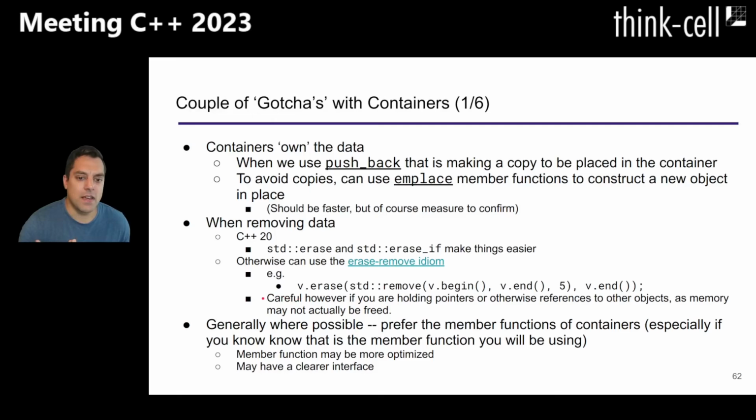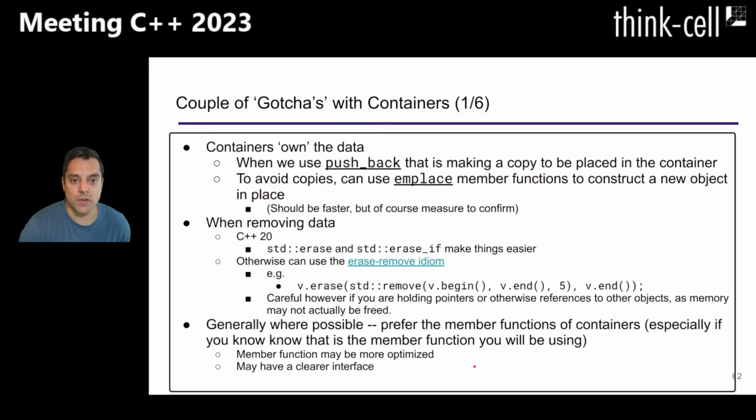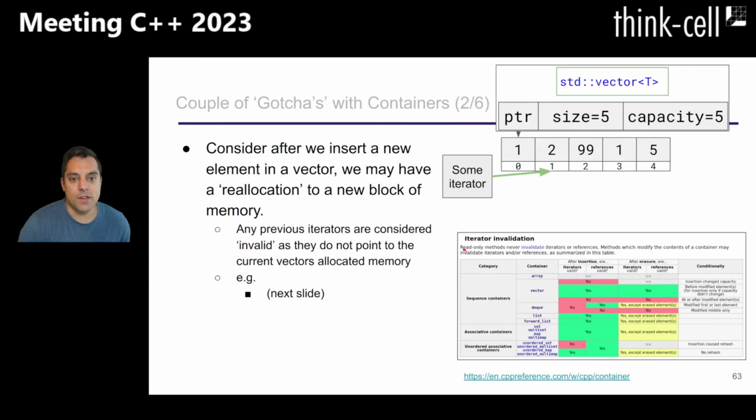Now, also be careful if you have other things like pointers within your data structures when removing. So that's just a note about that. And generally speaking, take advantage of the member functions where available. Okay, so some other common gotchas are this idea if you have other iterators, and I've mentioned this idea a